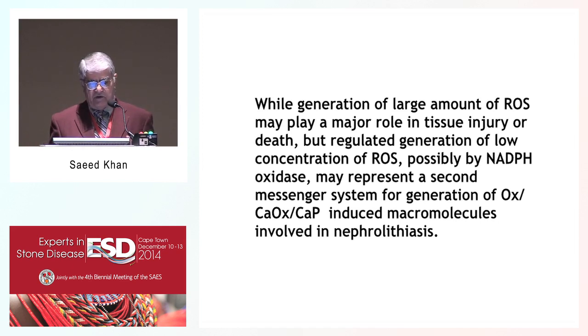Now, as far as the human studies are concerned, this one came out of Thailand, published in 2005. If you look at this, this is the malondialdehyde, showing the difference between the stone formers and non-stone formers. When you look in the urine, you will see the products of lipid peroxidation are higher in kidney stone formers, and there are a number of other studies. I'm just giving you one example that I have here.